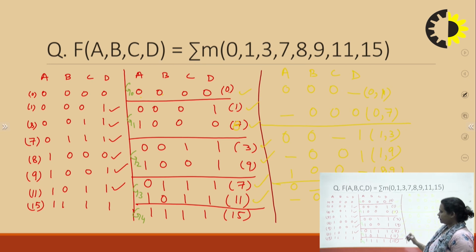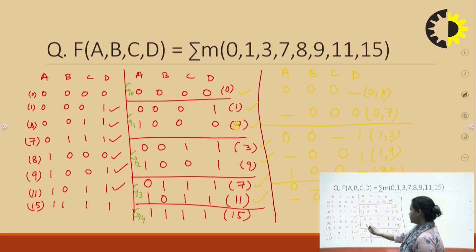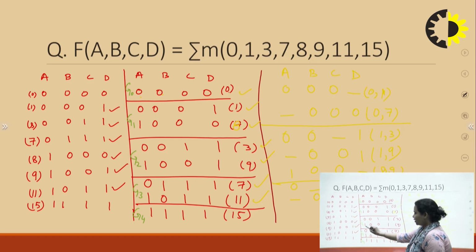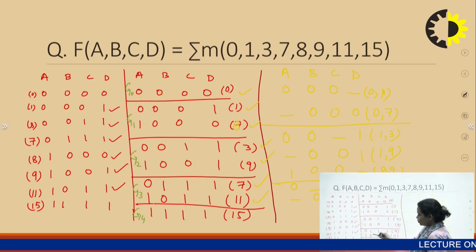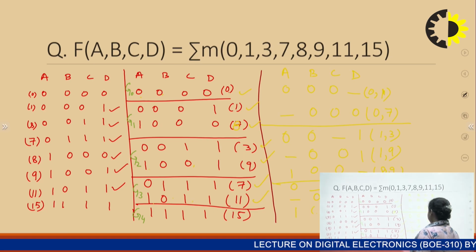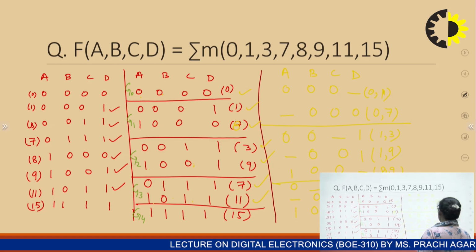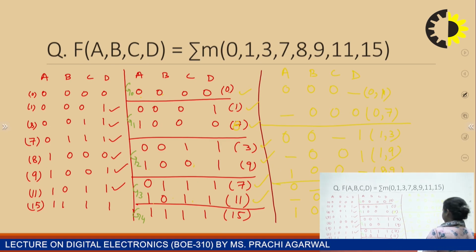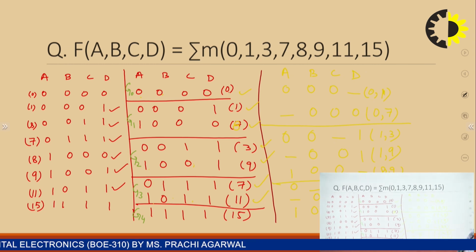Now you check minterm 9. For 9 you are checking that first, but there is a bit difference of 0 1, then this is also different, so we can't compare 9 and 7. So you move to 9 and 11. If I see 9 and 11, the first bits are matching, 1 1 0 0 matching, these two bits are not matching. So what you write is 1 0 dash 1 and you write 9 comma 11, right? I think this is clear till here.